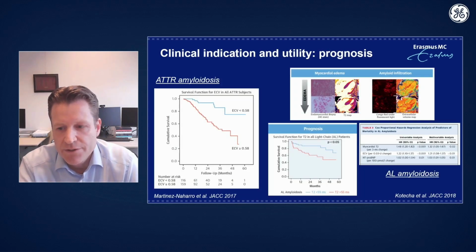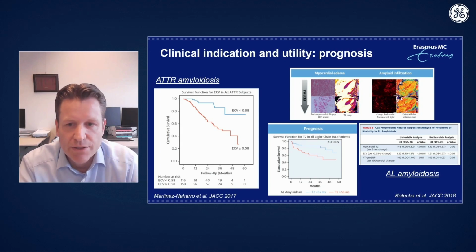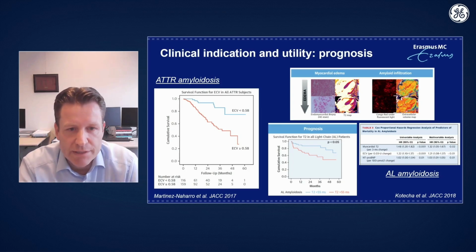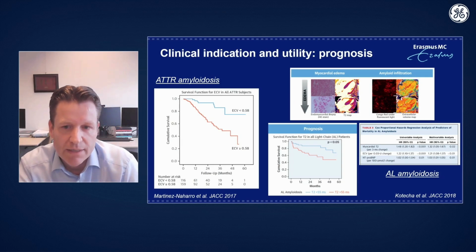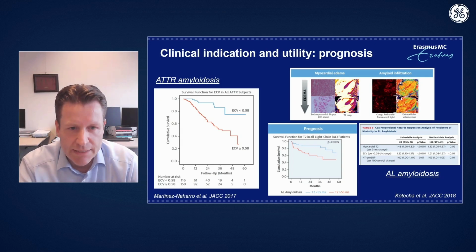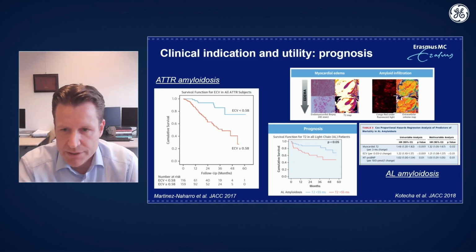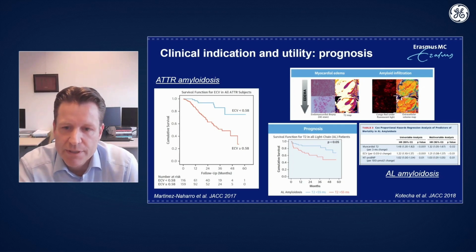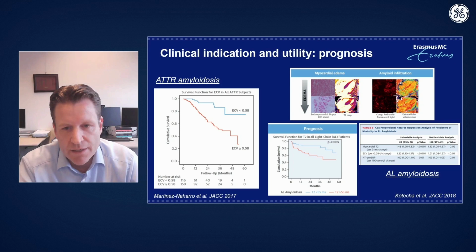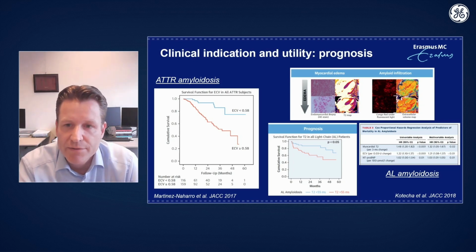But it's not only about diagnosis, you can also use it for prognosis. I only show this, but there are a lot of other studies in a lot of other diseases. But these are two examples of nice studies looking at the prognostic value of ECV, and on the right also T2 values in cardiac amyloidosis. So on the left, it's an ATTR amyloidosis, where you can risk stratify your patient based on the extracellular volume. On the right, it's about AL amyloidosis, and not only ECV, but also the T2 values are important for the prognostic risk stratification. There are a lot of other diseases where you can show the benefit of the parametric mapping.